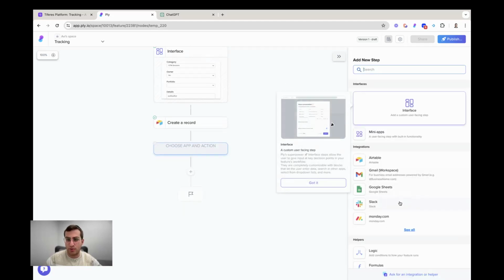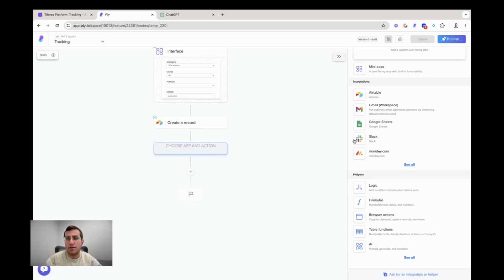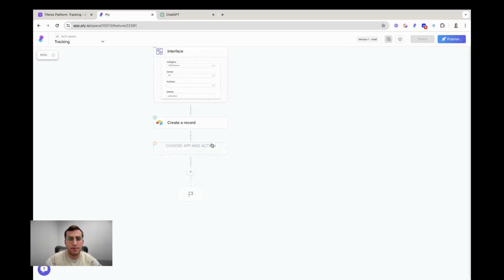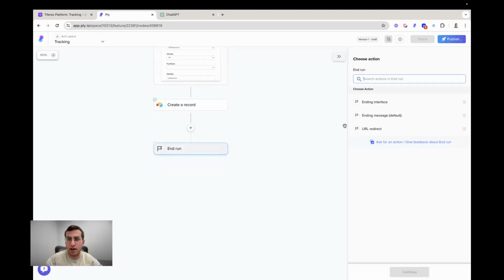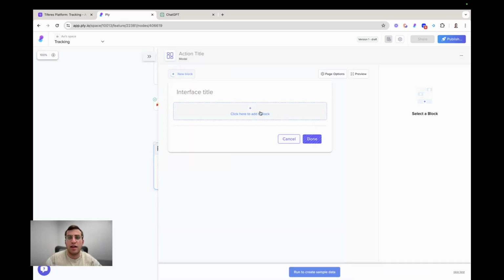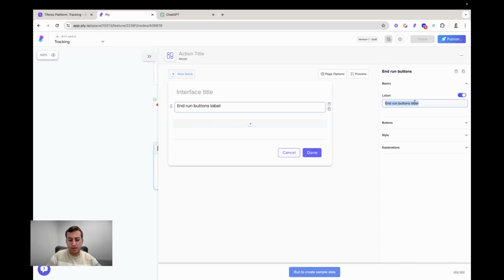As the final step, I do want to add an interface to close off the feature so that I can open the feature live. So here's what I'm going to do. Okay, so I'm going to hit the end run, and on the end run, I get an option to do an ending interface. In the ending interface, I'm going to add an end run button,